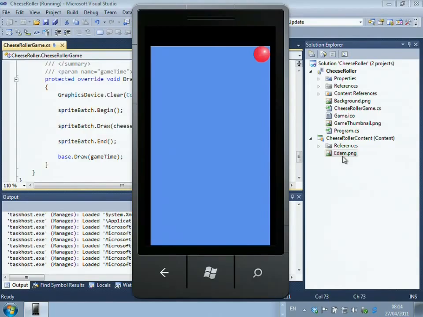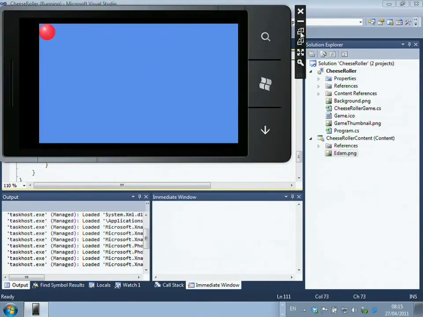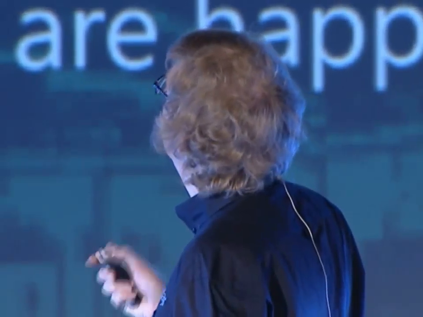Now, the reason it's in the wrong corner is not because I am incompetent. Heaven forbid. It's because, by default, XNA games decide to start up with the phone held in landscape mode. So there you go. That makes a lot more sense now. I've got my rectangles placing my cheese at the top left-hand corner, 0, 0,